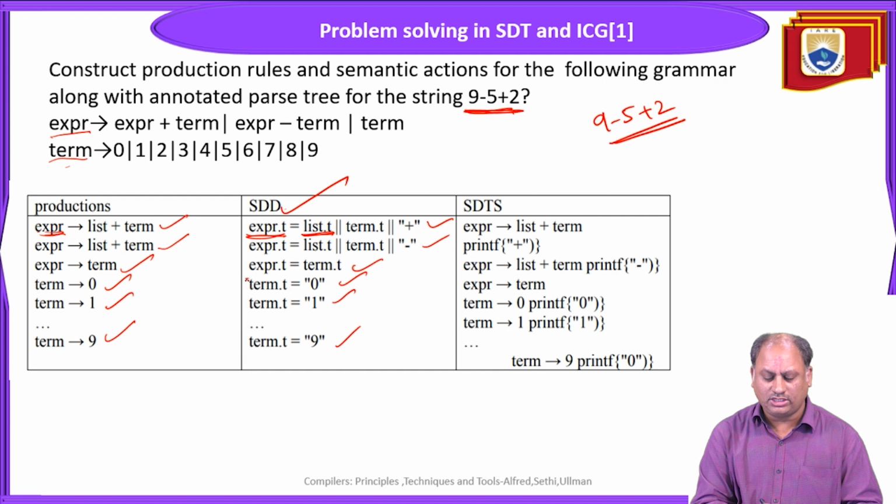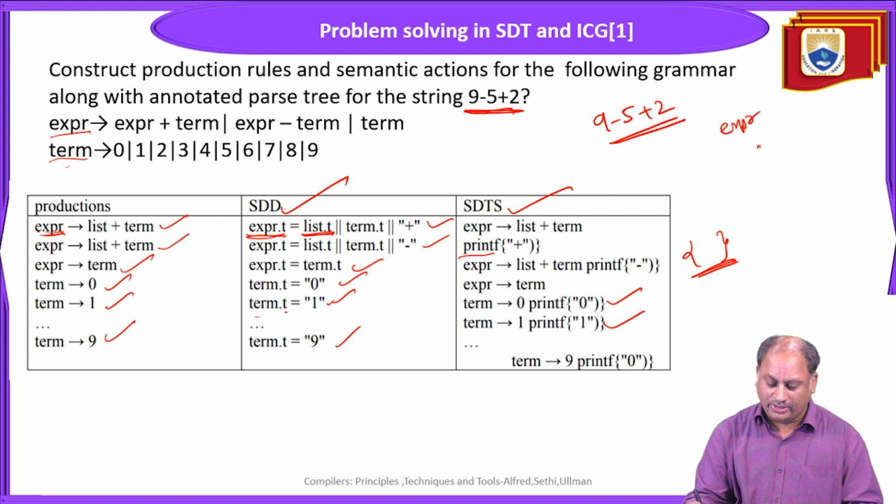We are getting syntax directed definitions, and this is called syntax directed translations. That means where the attribute association, suppose term 1, t dot 1, we are going to print what is 1. Term t dot 0, what we are. So here in the directed translation, the curly braces specify the print statements. So what it is printing finally, we can easily write this one. We can easily find out 9 minus 5 plus 2, where the expression is to be determined with list plus term,